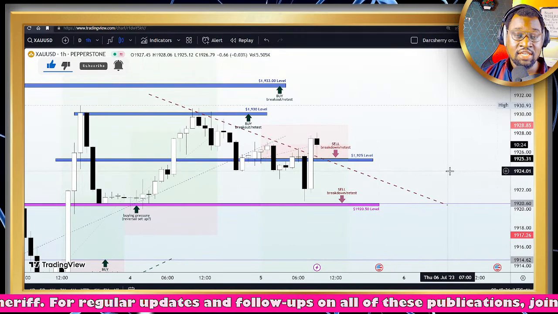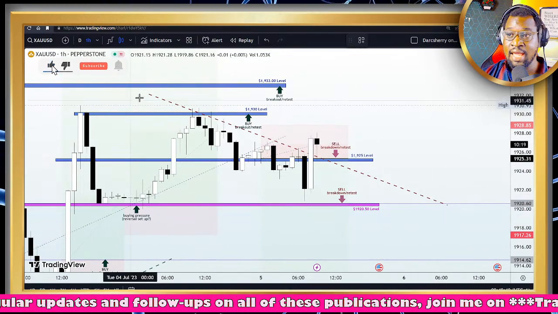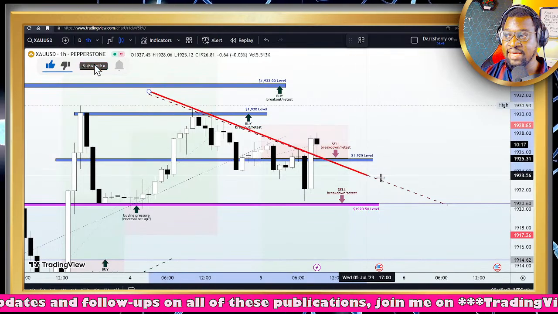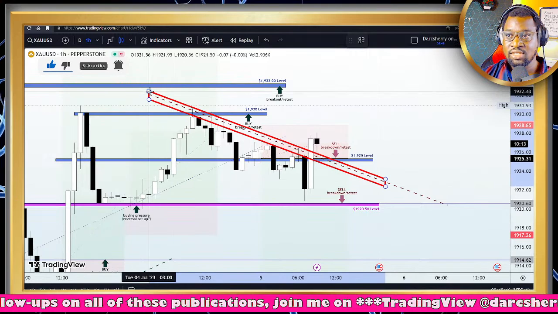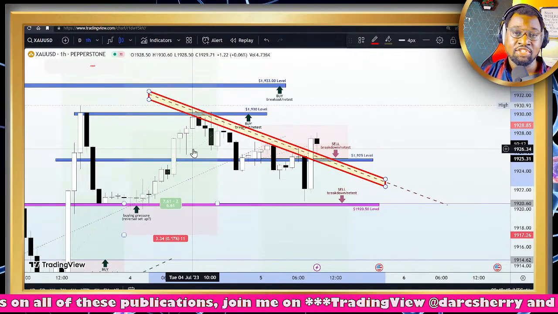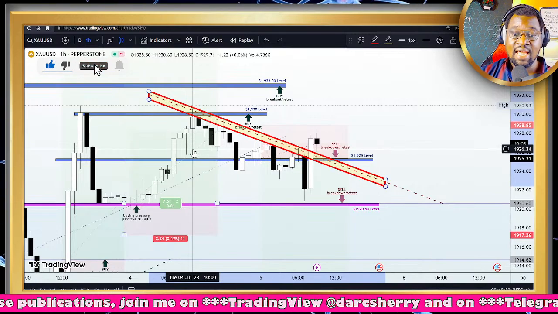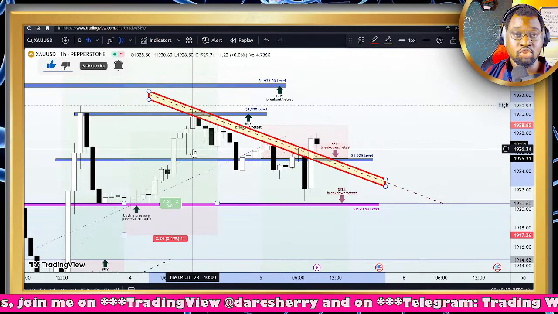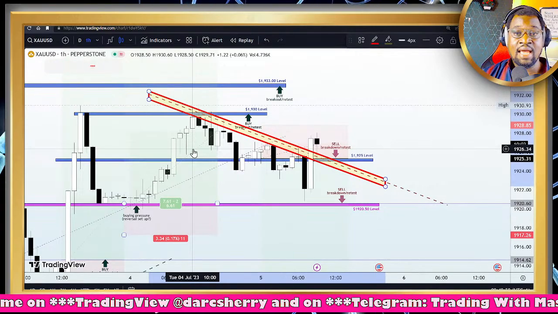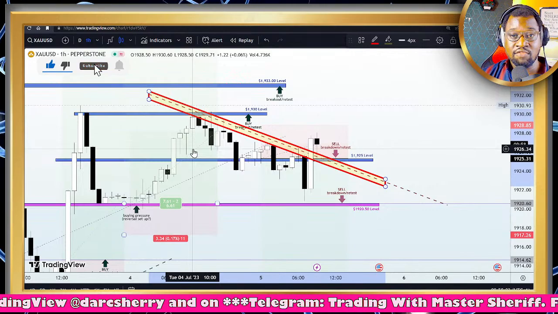So I said there is a new setup we are going to be using to guide our trading activity for today, which is the lower highs we connected here to give us this descending trend line. So this trend line here will guide our trading activity for today, and you know how we use our trend lines in this community. As long as price action remains below that trend line, we shall continue to look out for selling opportunities, and if price breaks out of that trend line,